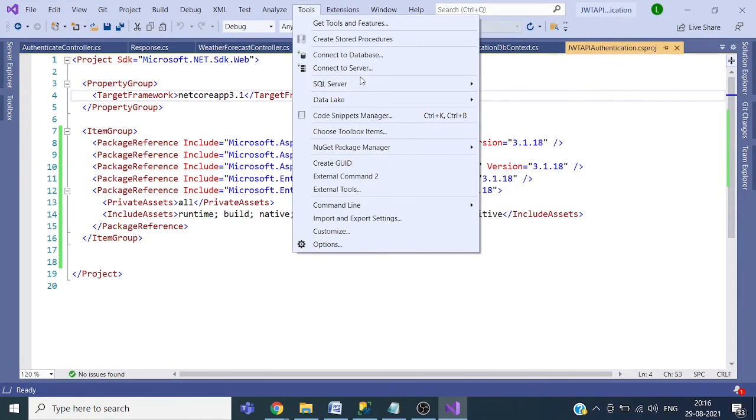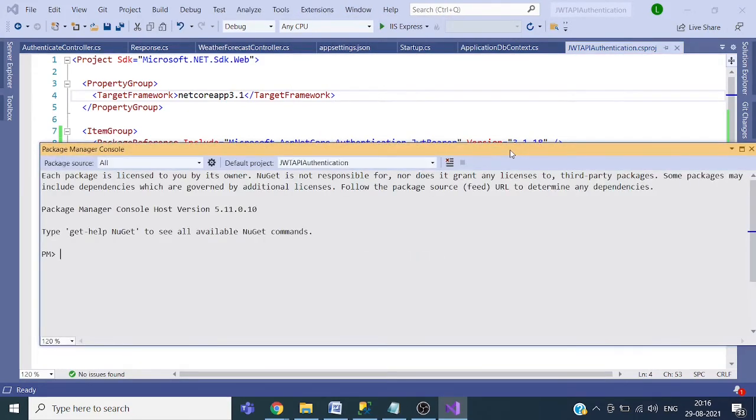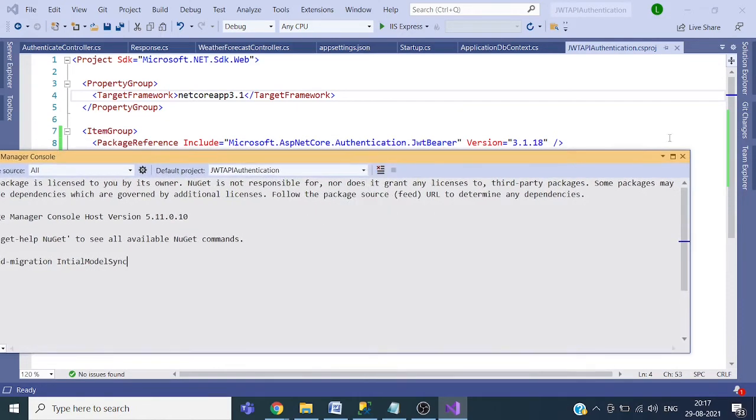So go to Tools, NuGet Package Manager Console, and write the command add migration. And you can put here any meaningful word to identify the migration, like initial model. Any name you can give here. So what it will do, it will create the statements corresponding to our models.